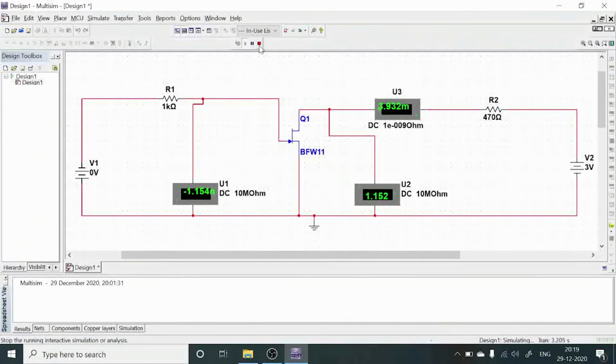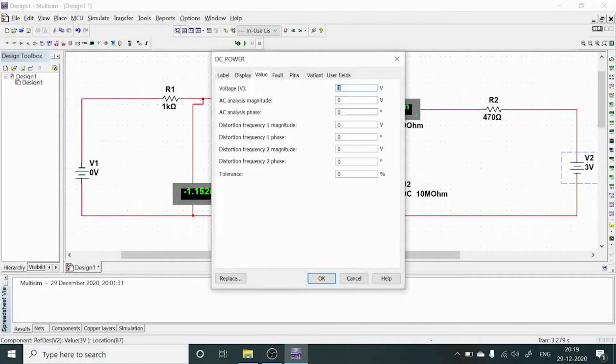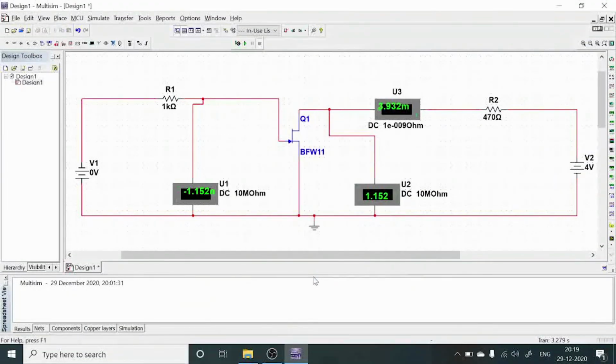Then stop here and double click here. Now you can increment from 3 volts to 4 volts and select OK. Then again choose the run button. Now note down this drain current as well as the drain to source voltage. Then again stop this one.